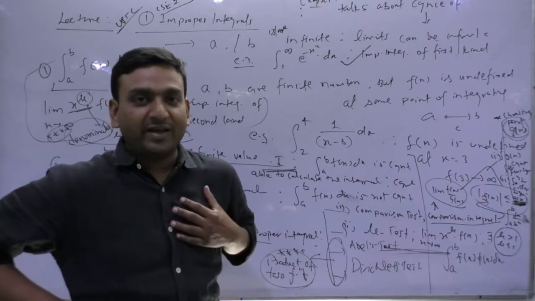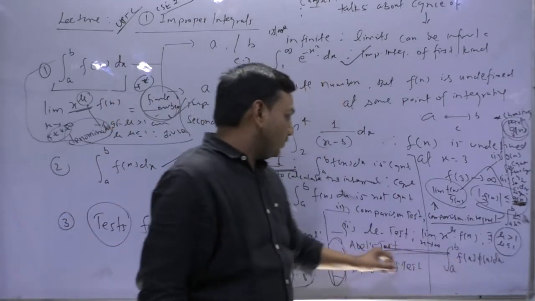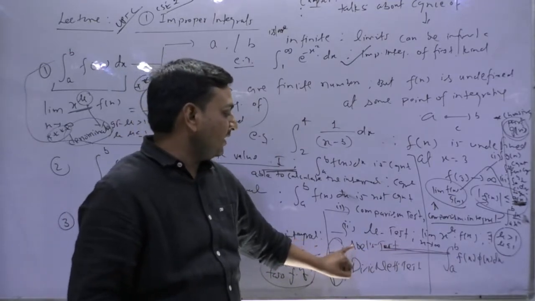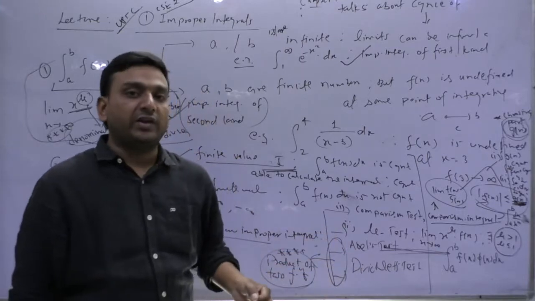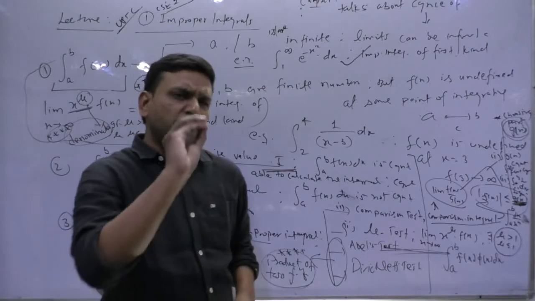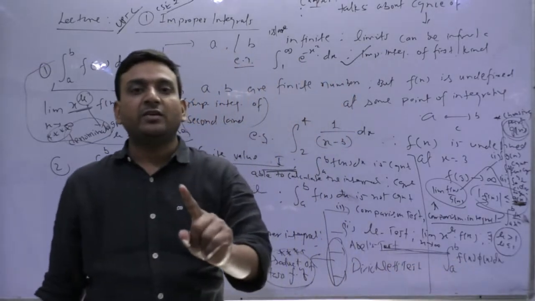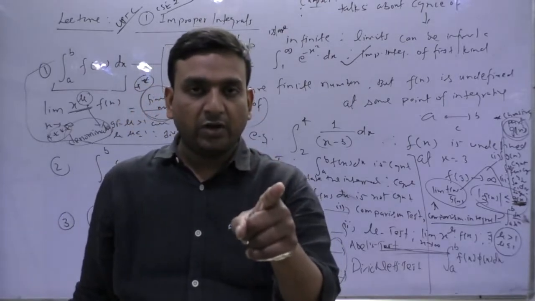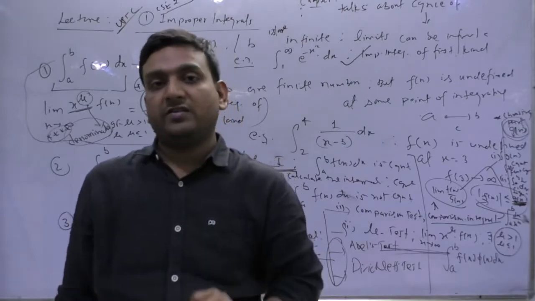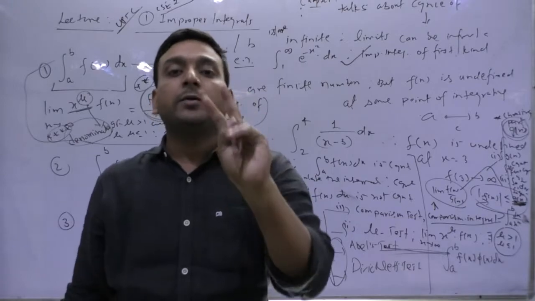I will stop myself here, not stopping the lecture, because once you are able to recall Abel's test, it is easy to recall Dirichlet's. So in the first round I suggest you just remember Abel's test. What is needed in Abel's? Repeat it. Try to recall the convergence of the integral from a to b of f of x dx. Phi of x should be monotonic and bounded.